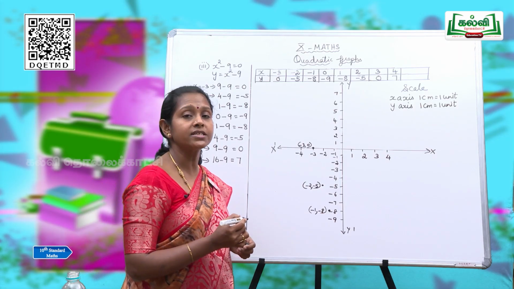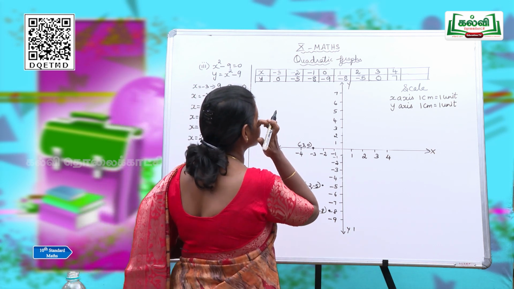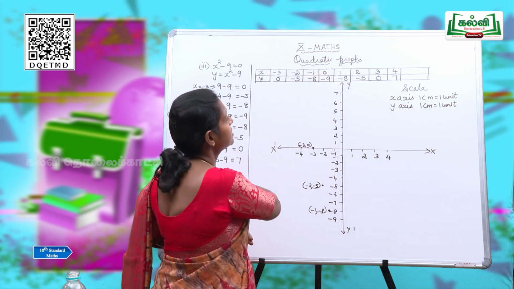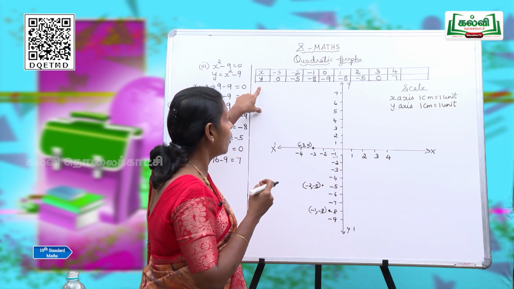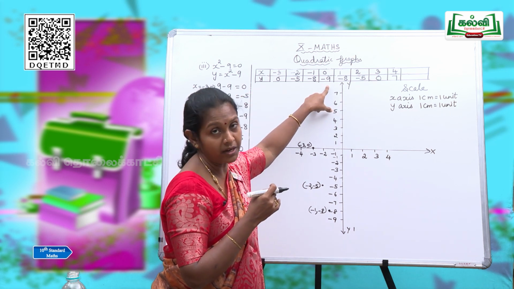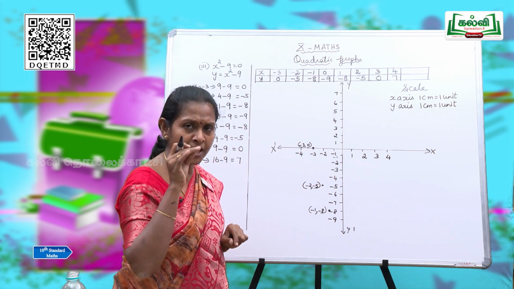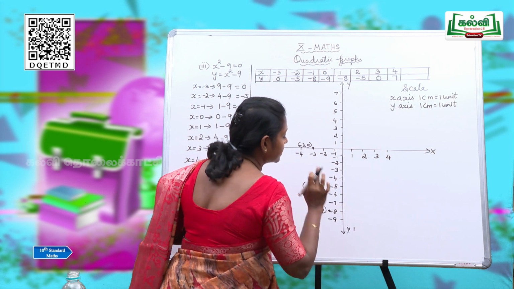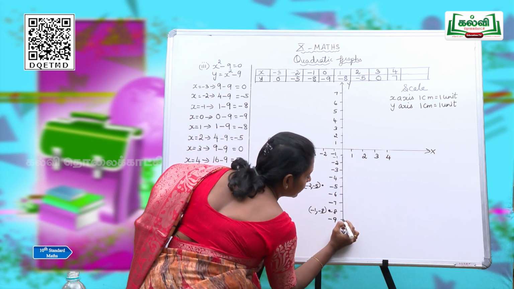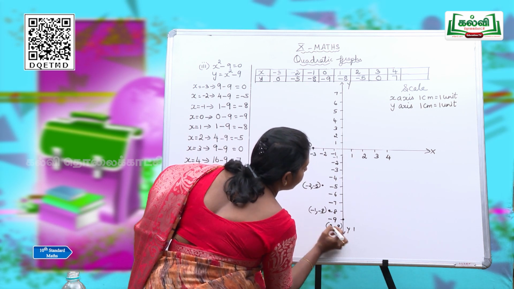Clear? Can you understand the difference between the previous question and this one? Good, very good. Next, 0, minus 9. See, in this question, x does not have any value, but on y, we have to mark minus 9. You all know very well about it. Minus 9 lies only on the y-axis. It is the negative side, so it will be here. So, this is the point 0, minus 9.